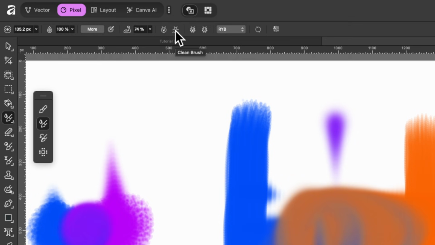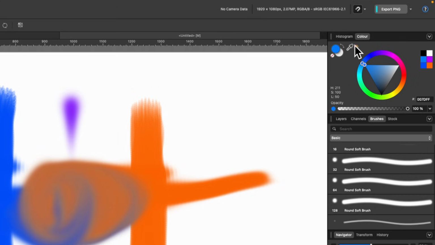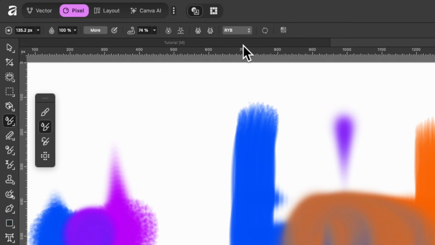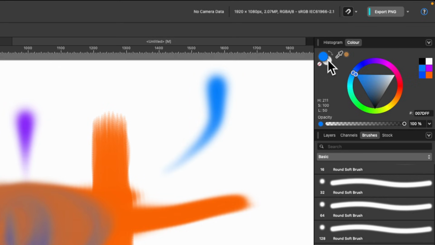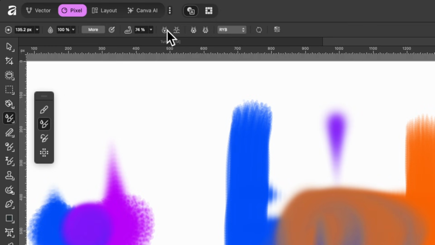So I'll go up and clean the brush. There's also an option to load your brush. So if I click on that, now you can see it's blue. Why is that? Well, over in the color tab, you can see I have a blue color already selected. So I can click and drag like that. I'll go ahead and clean it again. And before I load up my brush, I'll just change this color to pink. And I'll go over to load brush, click on that, and now I've loaded it with this pink.